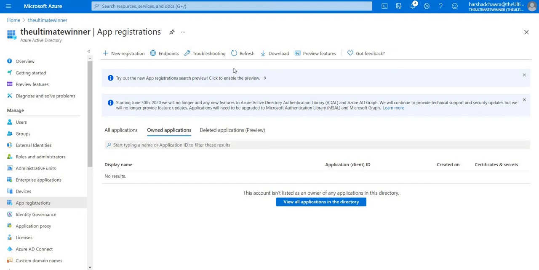Hi everyone, this video is all about creating an app in the Azure portal, and this app is the first step for us to be able to import chat records on an incident ticket or to be able to view service portal in Microsoft Teams itself without a need to log in into the browser. So let's get started. First of all, I'm going to navigate to app registrations in the Azure portal, and I'm